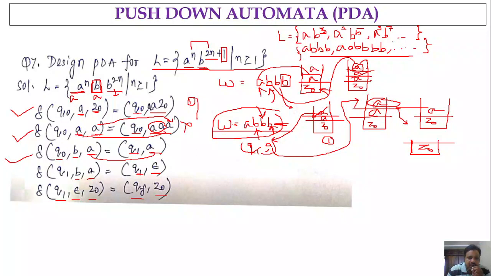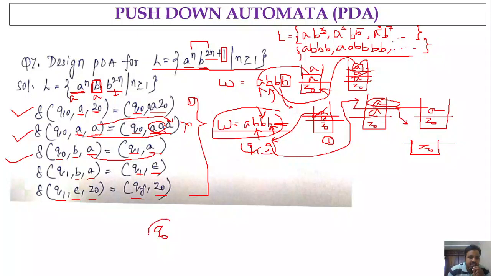So this is how we could implement the pushdown automata for this language, L = {a^n b^(2n+1)}. Whatever problems I explained during these sessions are all important problems. Just try to practice them, since they are repeatedly asked questions in the JNTK examinations. So practice this. If you draw the transition diagram, it could be like this.